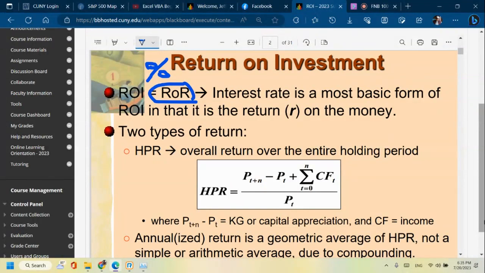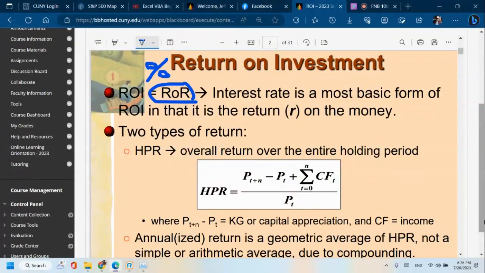So now you see that interest rate is the risk-free return on investment. It's the risk-free return on your money, right? Why is it risk-free? And once again, when there was the Silicon Valley Bank crisis,